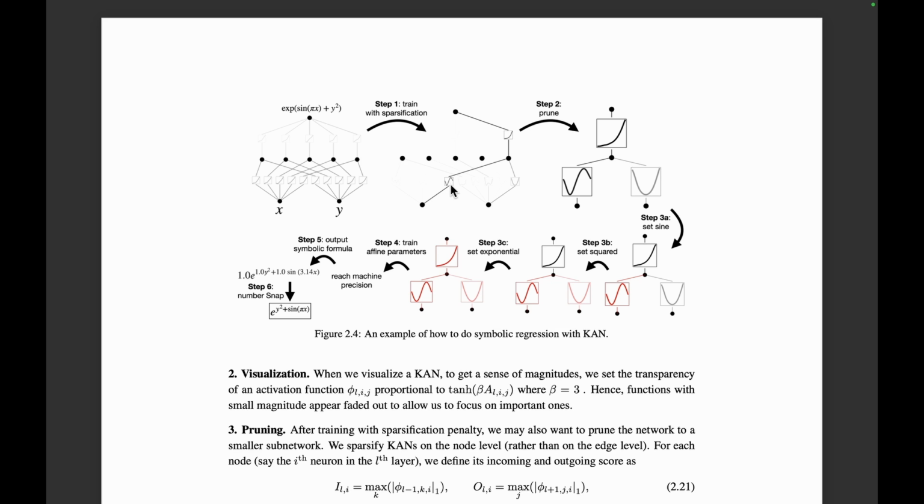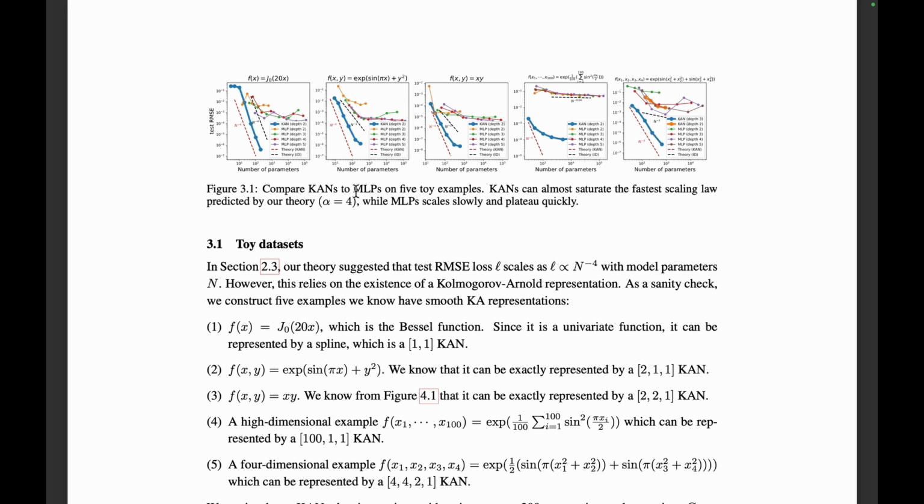You can see that sparsification leads to certain edges being connected, but certain ones not being connected. We prune them, where the nodes that we want to prune are grayed out, and so we throw away those nodes. The next step is symbolification, where you try out sine, and then you try out squared, and then you try out exponent, and then you finally train with these affine parameters, and then you arrive at your network that's been simplified. So using the steps that we just saw, they trained KAN networks for 5 toy problems where we